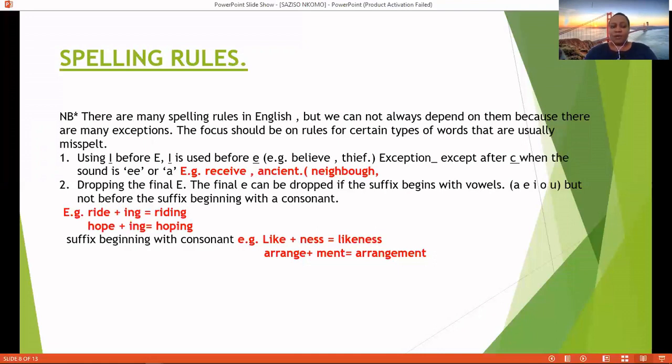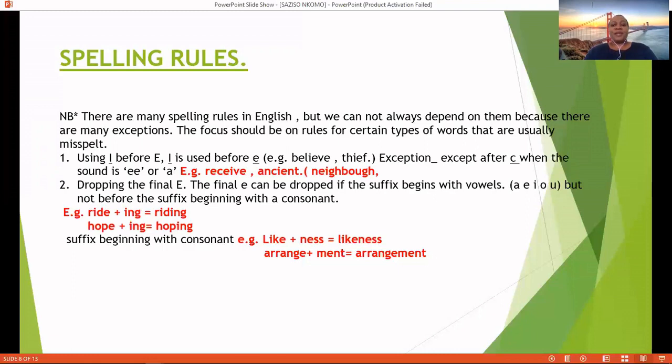Spelling rule number 1, which we are going to focus on, using I before E. Using I before E. I is used before E in words such as believe, thief, chief. I think we can list some more words. Spelling rule, I comes before